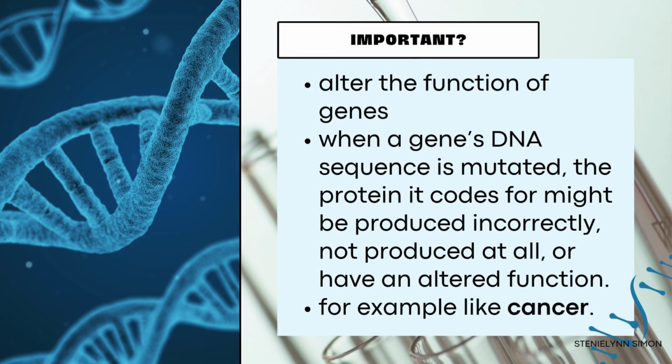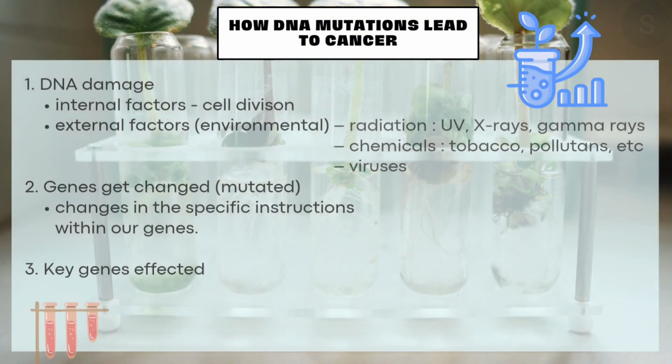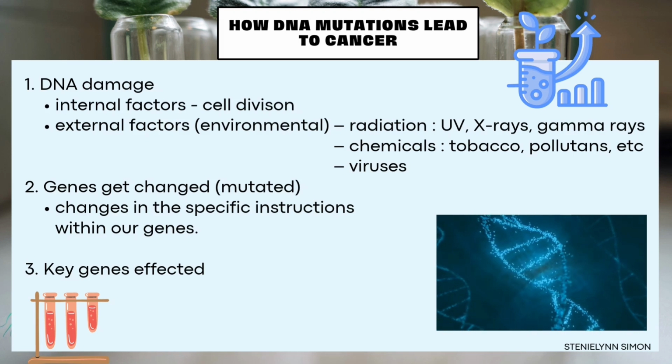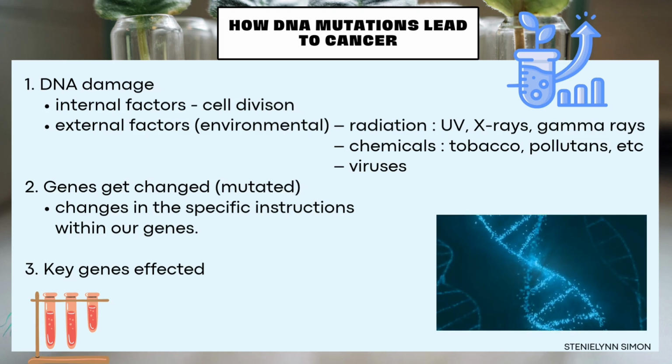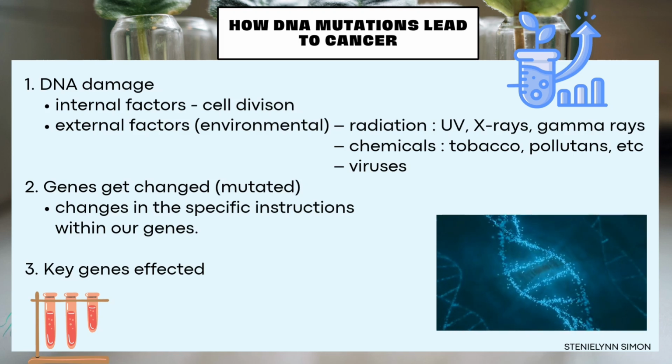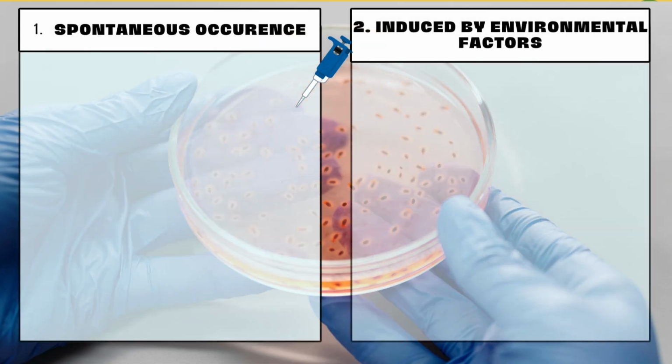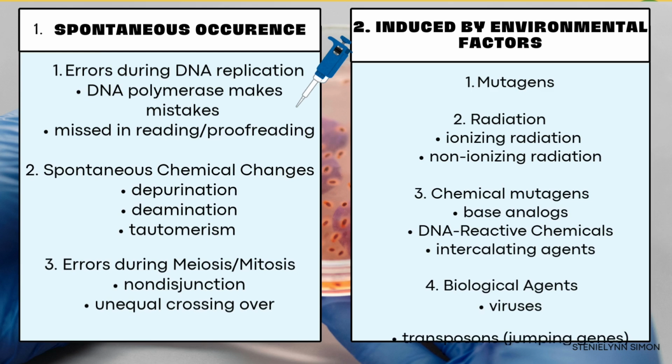Why is it important? DNA mutations are crucial because they can alter the function of genes. How can it lead to cancer? Cancer often starts when DNA gets damaged, causing genes that control cell growth to get changed or mutated. Key genes like those that tell cells to grow, stop growing, or fix damage can all be affected, leading to uncontrolled cell growth. These mutations can occur in two main ways: spontaneously due to natural errors in the cell, or